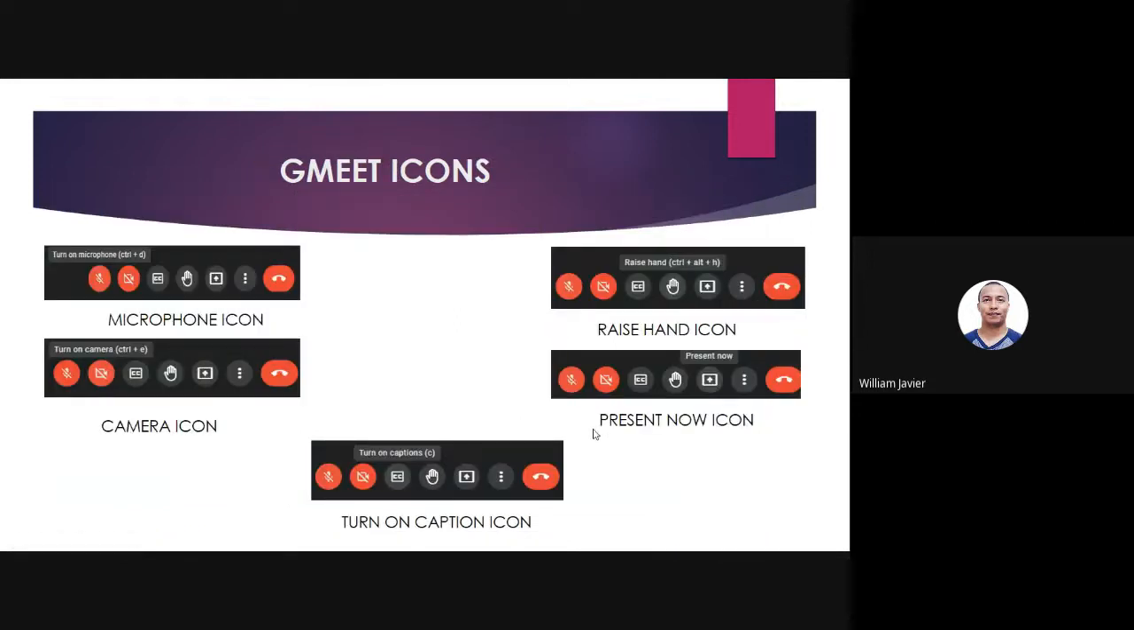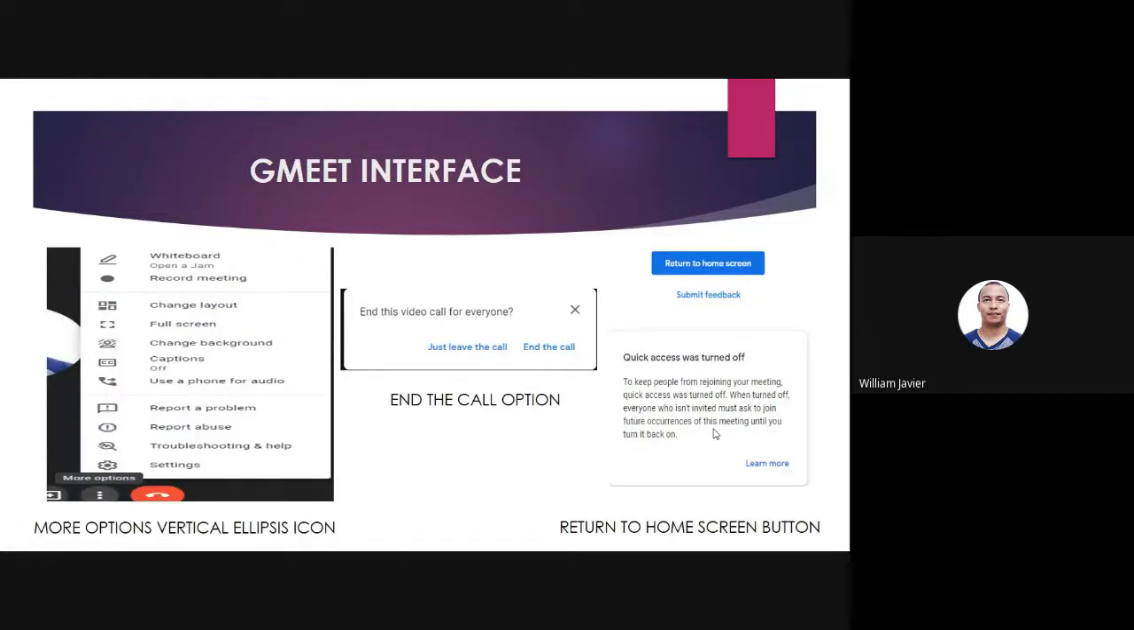Gmeet icons. As you see, the microphone icon, the turn on camera icon, the turn on caption, and raise hand for the recitation or asking questions of the student. Then the present now icon for presentation. In the Meet interface, for more options, you can click the vertical ellipsis icon, the three dots,